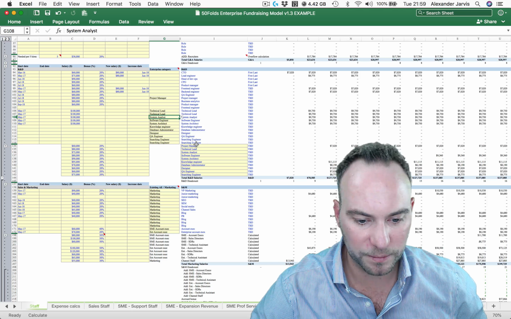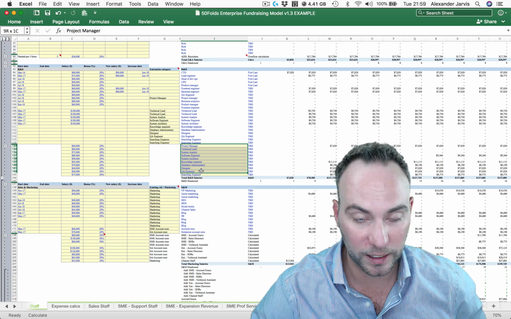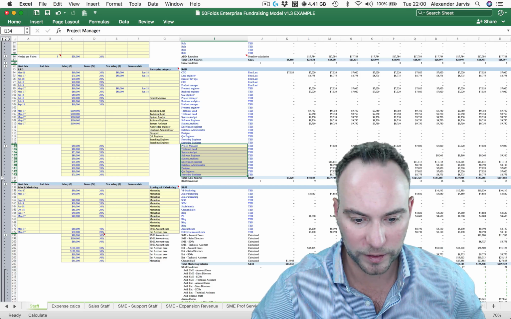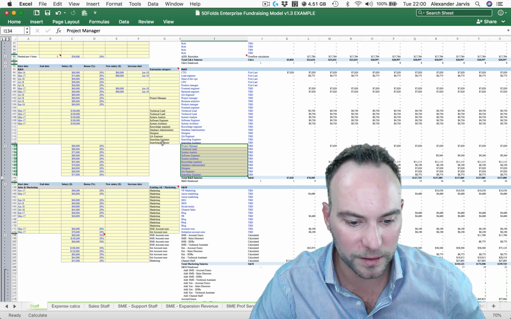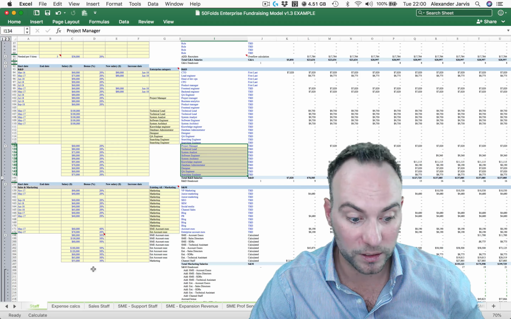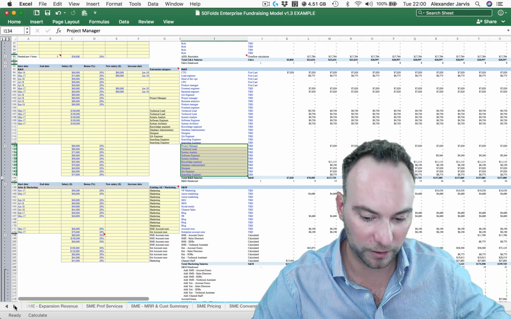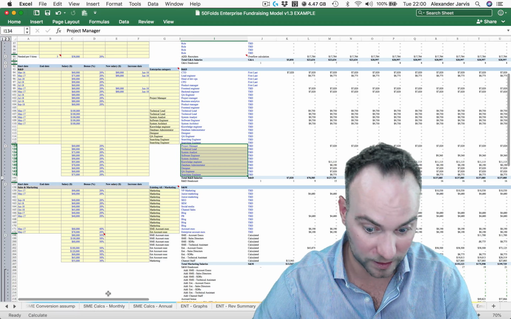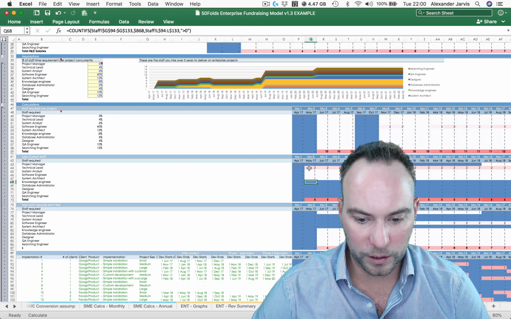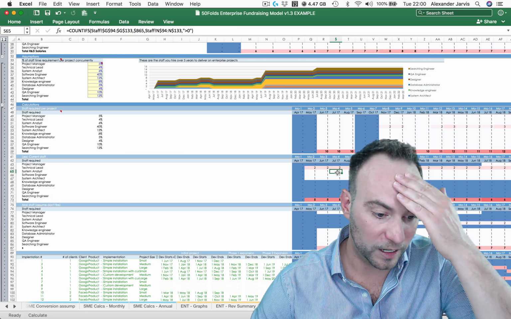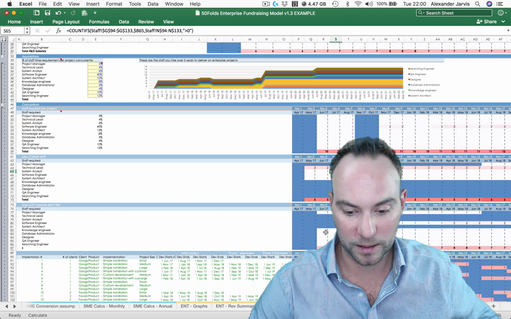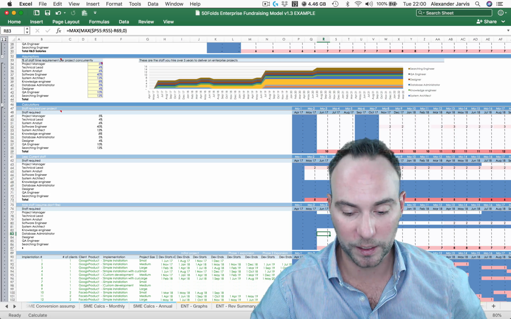So the first thing you do is put in all the titles that you're going to need to automate the forecast over here. And then map the existing people that you have that you'd want to make a deduction for, to illustrate your existing capacity. So you would make the deduction for the current number of staff, and then this will basically see how many people you need depending on the requirements, the number of projects.